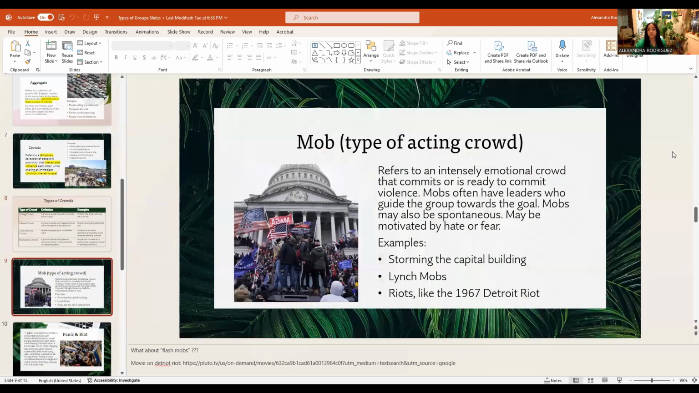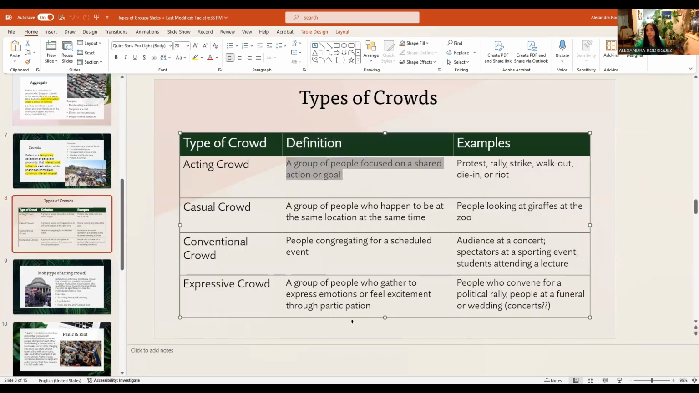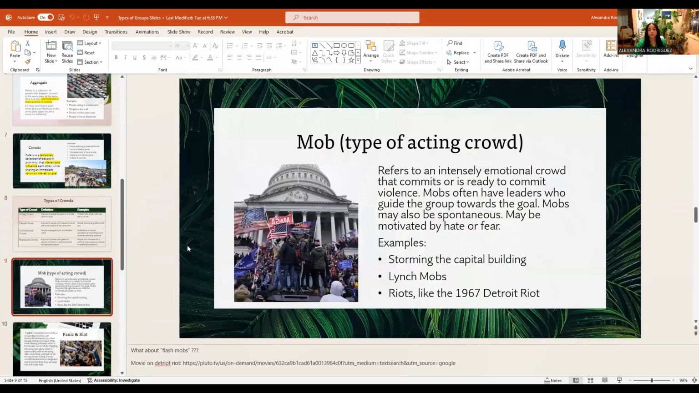In terms of mobs, this is a type of acting crowd. And again, an acting crowd is people who are focused on a shared goal. So a mob could be, for example, people storming the Capitol, right? A mob refers to intensely emotional crowds that commit or plan to commit any sort of act of violence. Typically, mobs have leaders who are pushing them towards a certain goal, but typically mobs are also spontaneous,